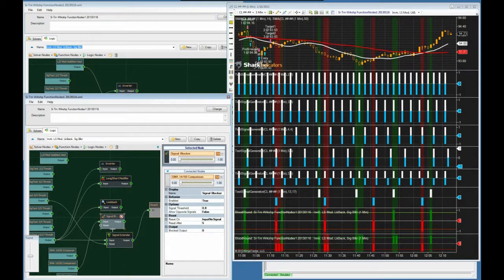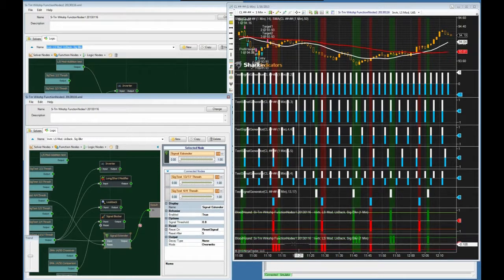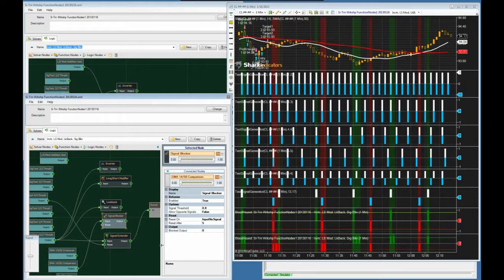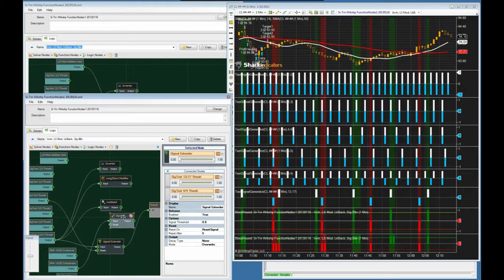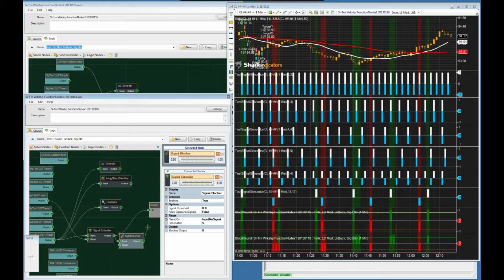Very similarly, the signal blocker does the same thing. Instead of extending the signals, it blocks the signals. So maybe you've designed a system where you've got a lot of these double bars happening, and you don't want the double bars for whatever reason. You use a signal blocker to essentially stop that. And if I illustrate, I can actually plug in the signal blocker's input from the signal extender, and you'll see